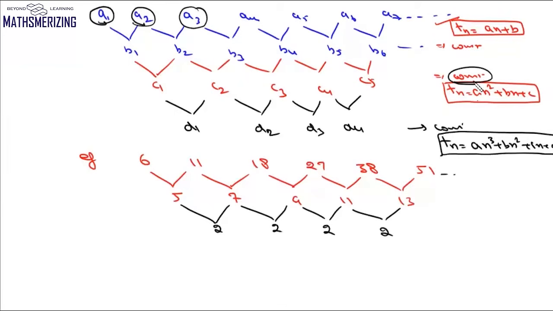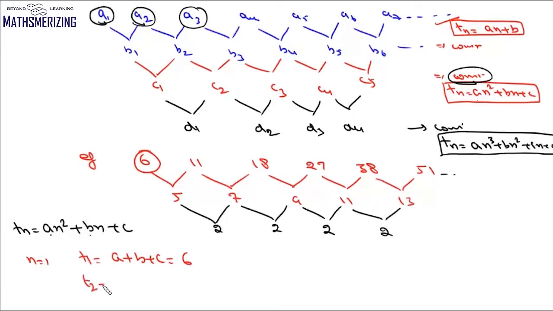Now when the difference of the difference is constant, we know that its general term will be an square plus bn plus c. Now we have 3 unknowns a, b and c. We need to find the values of a, b and c. Now if we put n as 1, we'll get t1 will be a plus b plus c and it will be equal to the first term, that is 6. Now if we put n as 2, we'll get 4a plus 2b plus c and that'll be the second term, and the third term will be when n is 3, so it will be 9a plus 3b plus c